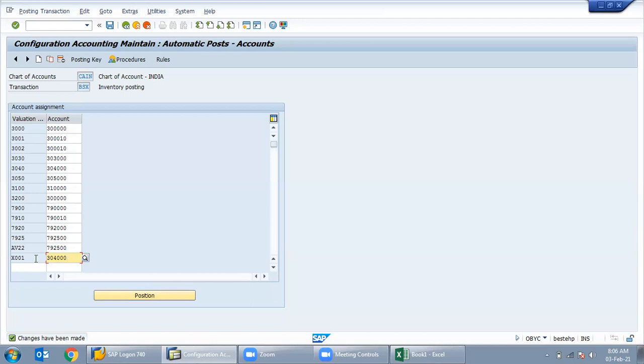But this range during the configuration, the value is... This is what I am doing in this screen.